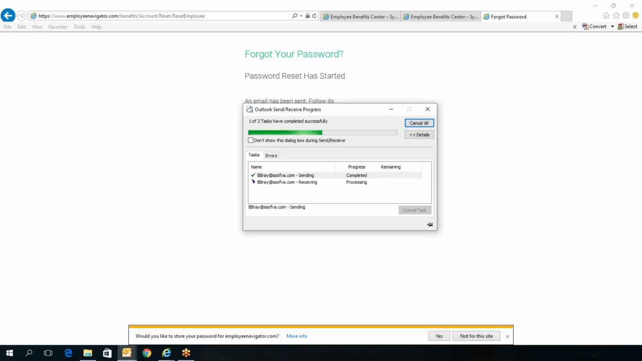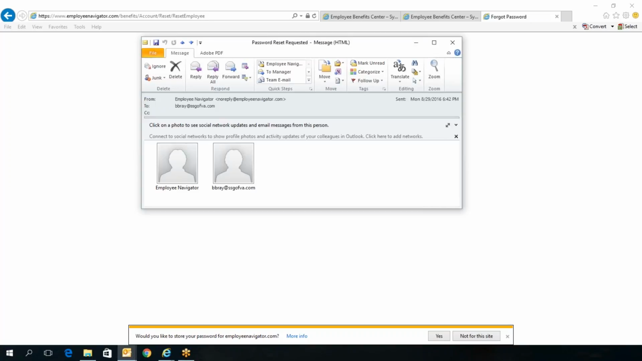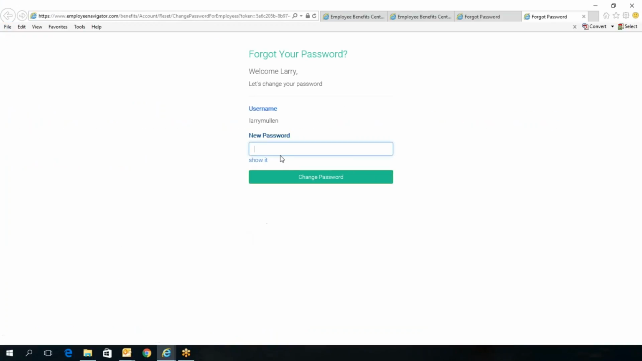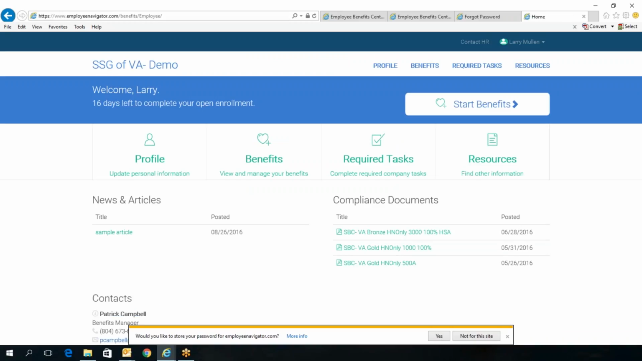Nothing like a full demonstration of the system and its capabilities. All right. So the employee would receive an email saying reset password. All right. So now that I've logged in, got the password